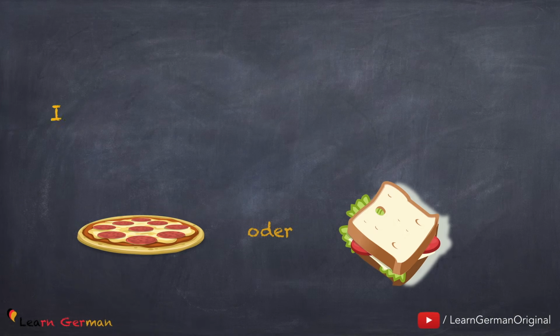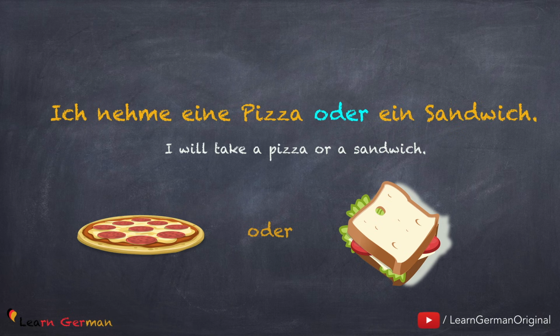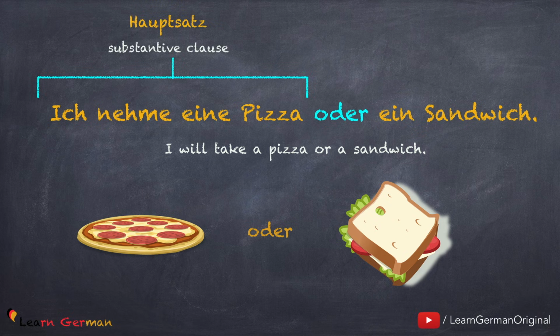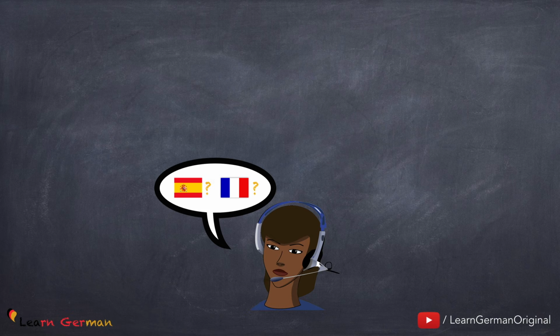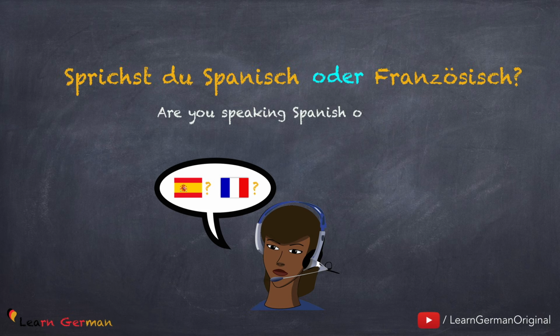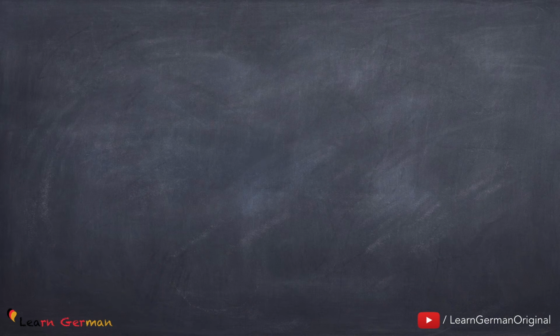Here's another sentence. Ich nehme eine Pizza oder ein Sandwich. In this case, the conjunction oder brings together a Hauptsatz and a Satzelement. Because as discussed, you don't need to repeat the subject and the verb again. Here's another example. Sprichst du Spanisch oder Französisch? Next conjunction is